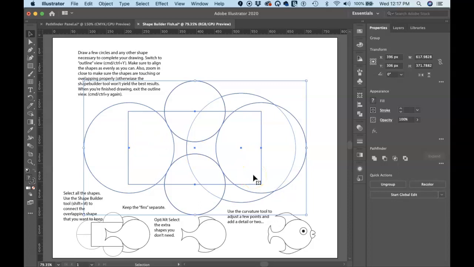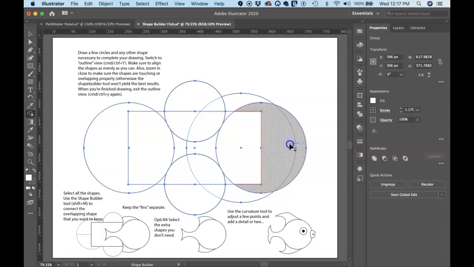All right, so I'm going to get the Shape Builder tool again. Shift M is the shortcut. And you can see all these shapes are selected. And as I bring the Shape Builder tool over the top of them, they are highlighted. So can you see my fish here? Right? So I'm going to start here on the right hand side, and with the Shape Builder I'm going to click and drag through the shapes